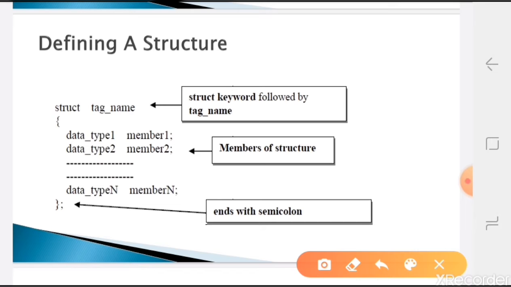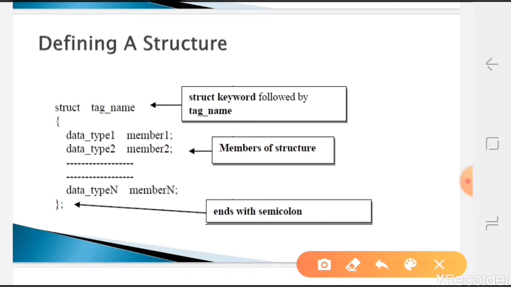Then inside curly brackets it should have a variable list, as I was discussing previously: roll number, name, and a student may have marks also. These three data types you have, and for those we have to give the corresponding variable names. Whatever we write inside the curly brackets, we call a member of a structure.